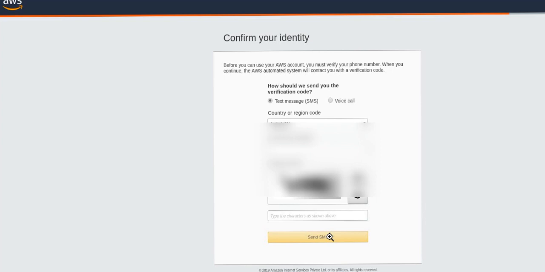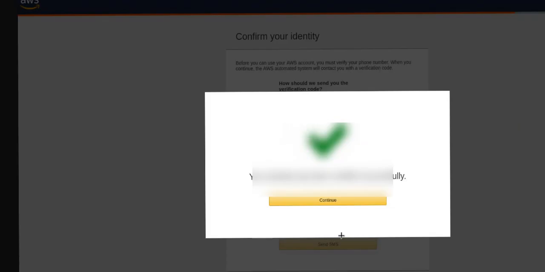Then you can get your OTP via your mobile. Just click to send SMS here. Okay, I got the OTP. So I have entered it. So my identity has been verified successfully. So you can proceed with continue here.